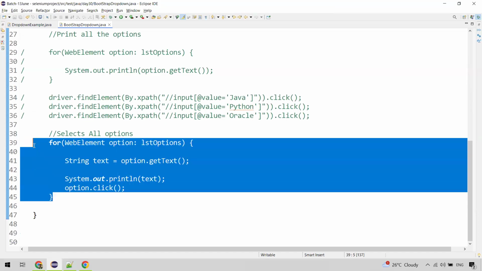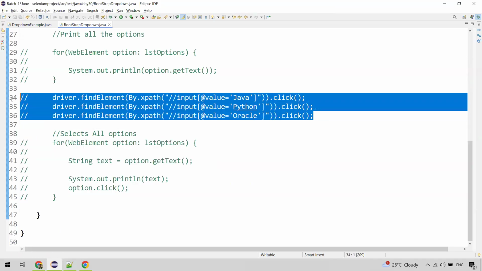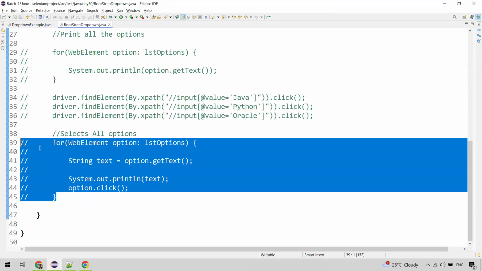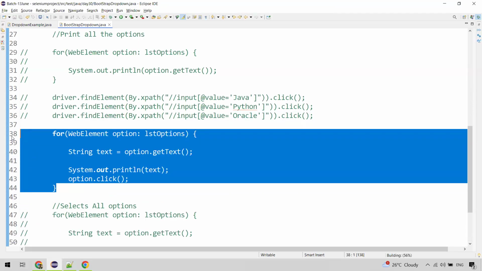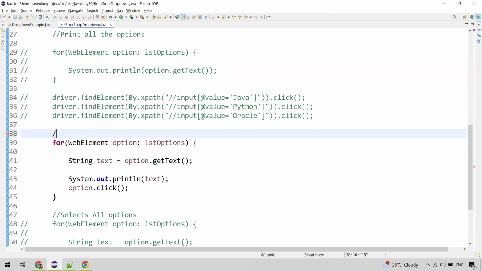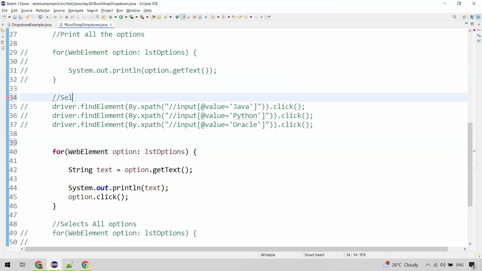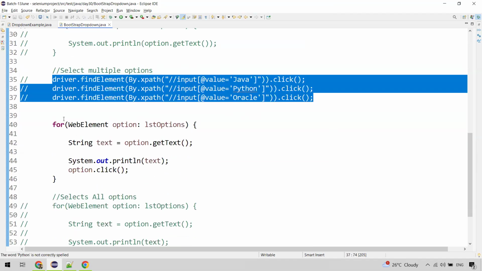Now I wanted to select only some options out of it, right? So say for example, this one, we wanted to mimic this, right? So we wanted to have an alternate of this. We wanted to select multiple options. So this is one way you can repeat one statement to select one value, or what we can do is